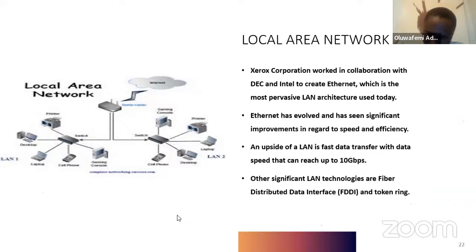I've literally talked about this. Do you understand? So it's a means of communication within 2 or 3 devices, right? It has evolved and there has been significant improvement in regards to speed and efficiency, right? The medium through which you communicate could be fiber optics, it could be a Cat5 cable. A Cat5 cable is category 5 of the unshielded twisted pair cable that we spoke about, right? Most of the time people call it a LAN cable, local area network cable, right? Connecting 2 or 3 devices with a switch with 1 or 2 topologies that you prefer, right? That is a local area network.